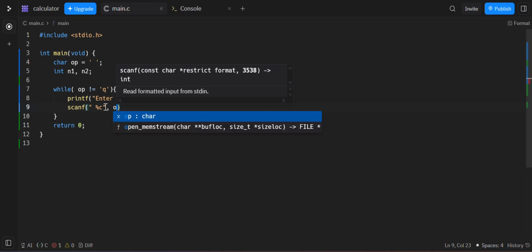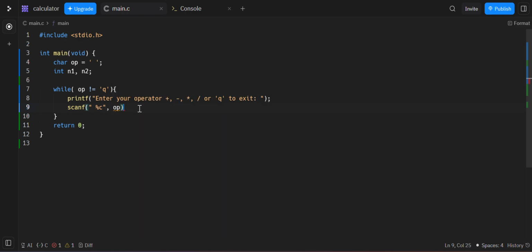Comma and then op. As I told you, we will be replacing the op. But next, of course, I forgot the and symbol. Without the and symbol, you can't write the scanf. Now, since we have the operator in our hands right now,